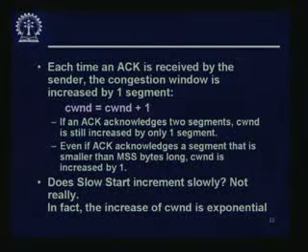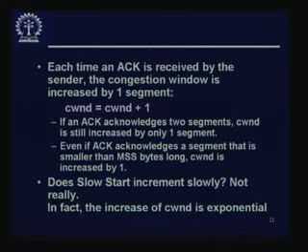If an ACK acknowledges 2 segments, CWND is still increased by only 1. That means for every ACK, it increases by 1. So, whether the acknowledgement acknowledges only 1 segment or 2 segments, CWND is increased by 1 only. Actually, the reason to acknowledge every other segment is to decrease the number of acknowledgements. Now, even if an ACK acknowledges a segment that is smaller than MSS bytes long, CWND is still increased by 1. So, the point is that any time you get an ACK, you increase CWND by 1 when you are in the slow start phase.